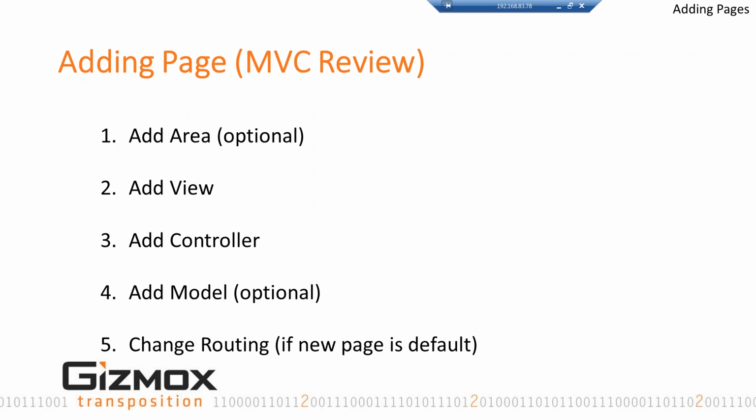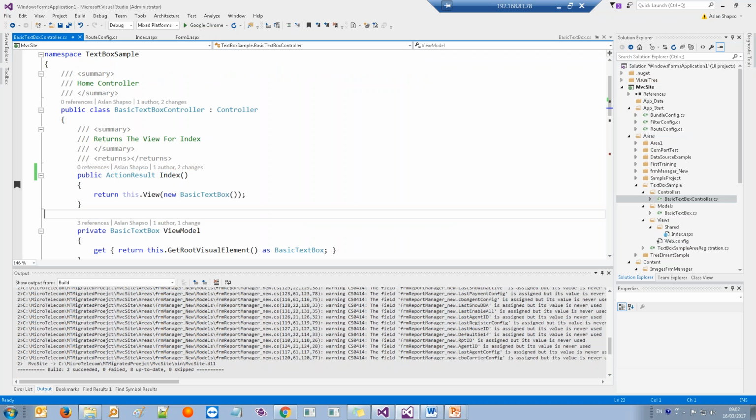Adding a model if there is data operations and a model required, and work with the routing again if you want to change the default. So let's step into the sample,